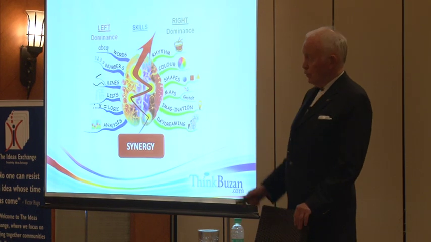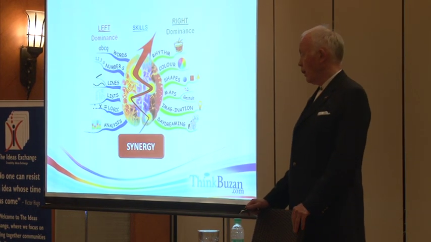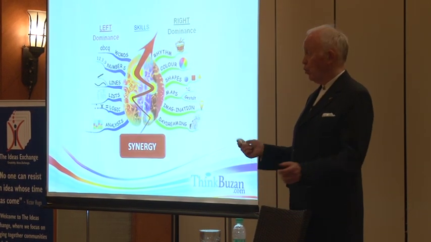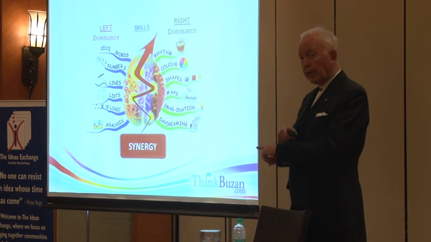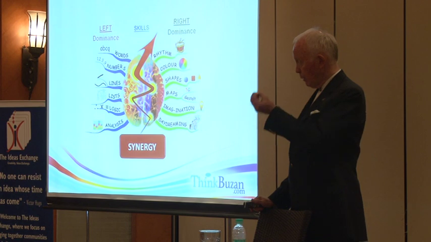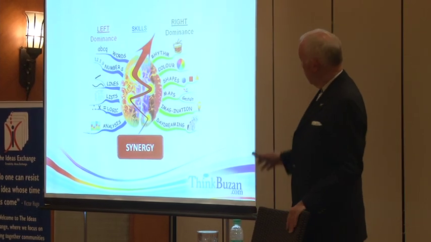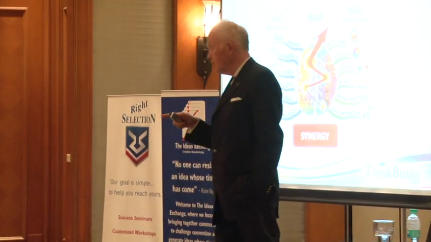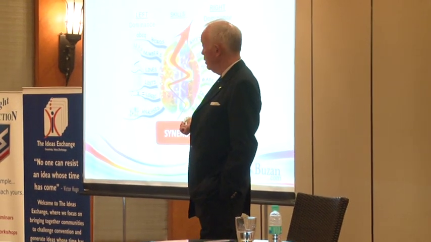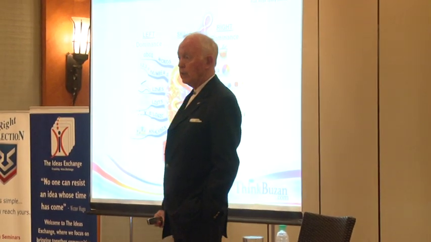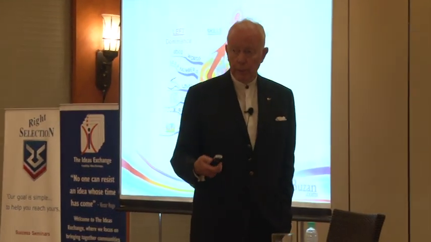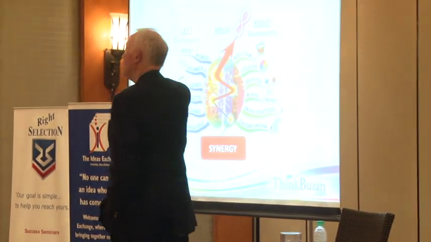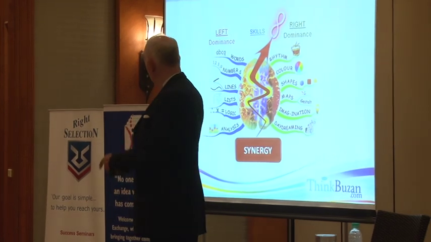So if you are using only one side, what percentage are you using? Less than 1. Because you've lost all that phenomenal multiplying capability, all that strengthening of every part by every other part. And all the studies show that if you use it, potentially the capacity is infinite. It's an infinite capacity. So we've looked at multiplying the branches on a mind map. Infinite. Look at the left and right cortex and how